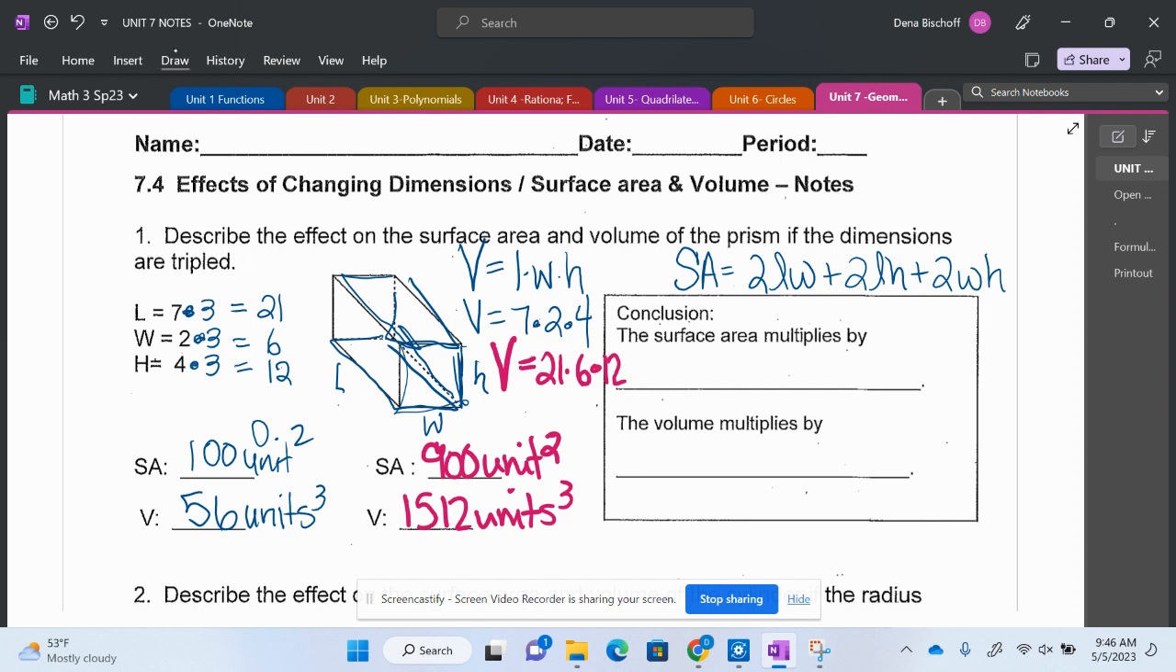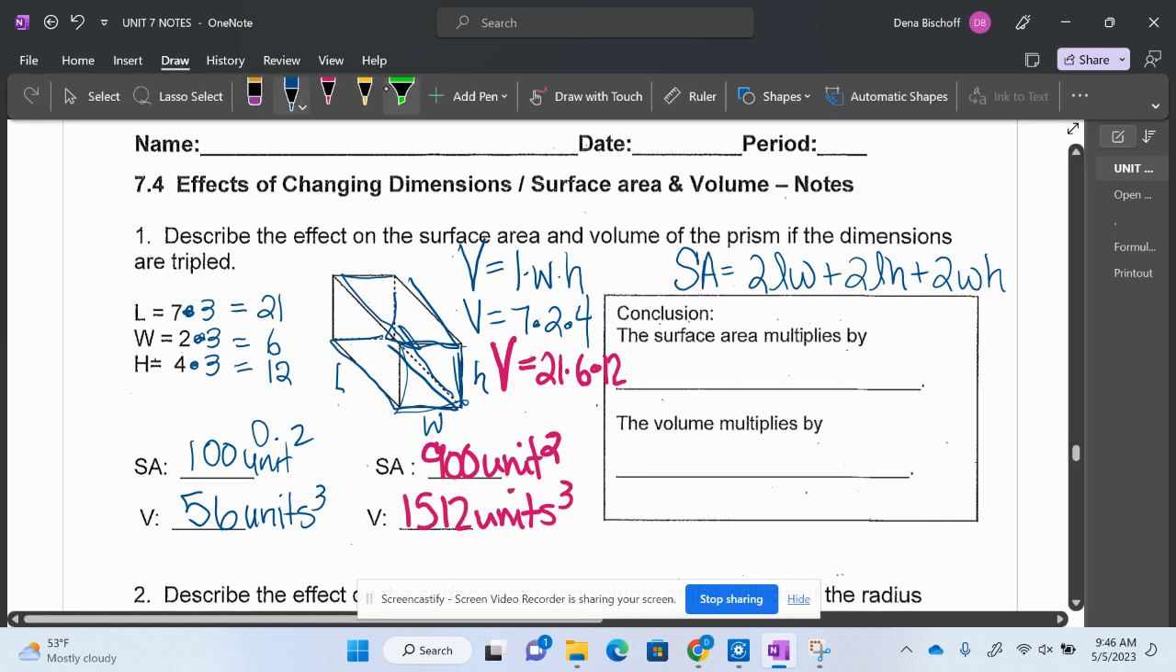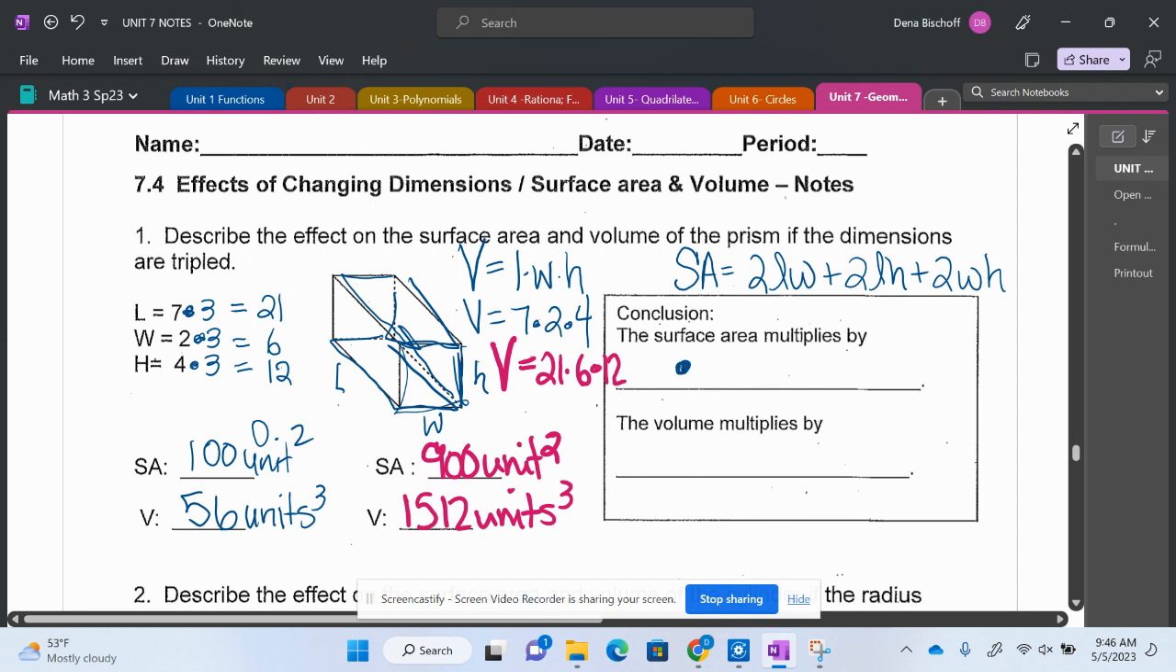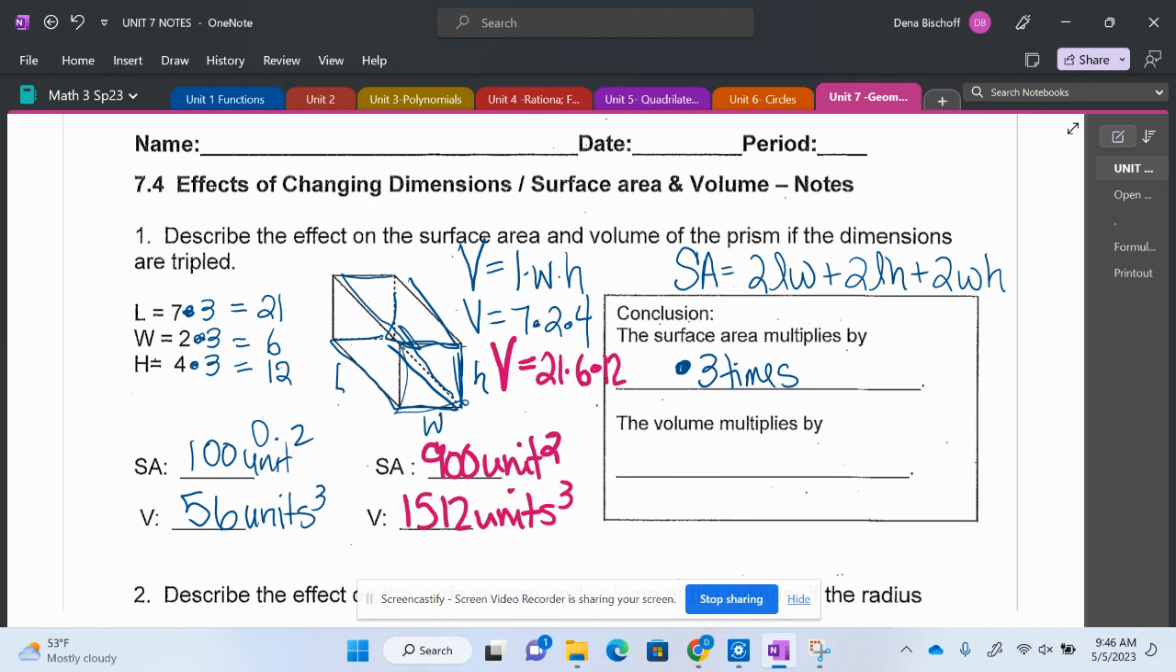So let's talk about that. When you multiply the dimensions by 3, what happens to the surface area? What are you multiplying by, actually? We'll compare them. I started with a surface area of 100, and I ended up with a surface area of